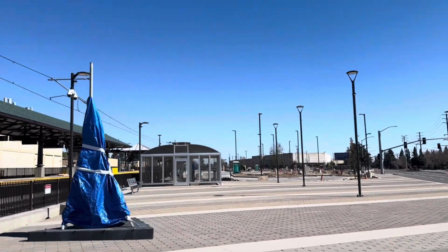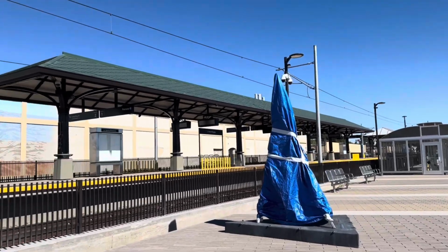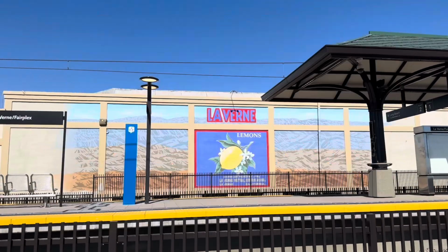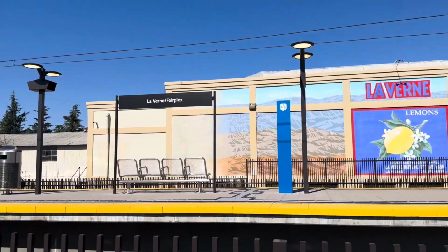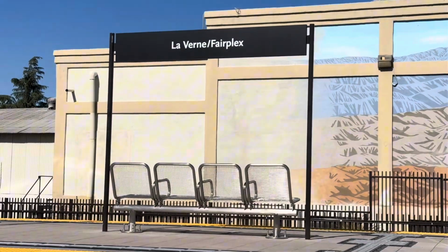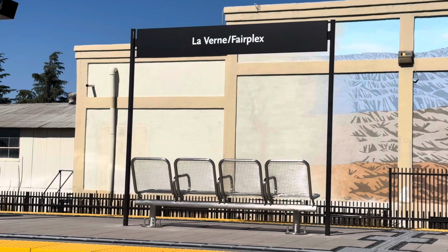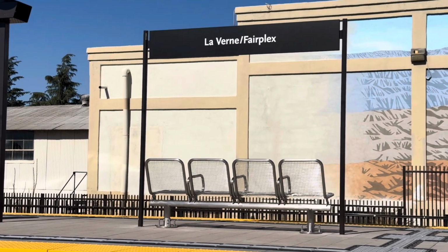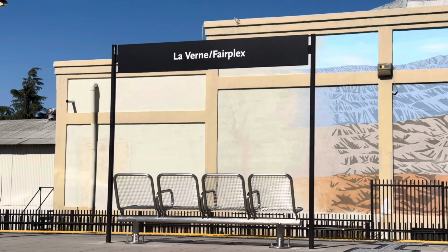Here's a picture of what it's going to look like once it's unveiled through the concept renderings. It definitely has a more minimalist and metal feel to it, but I think it's going to be a great addition to the plaza area. And in the distance you can see those benches that were just featured, which I did make a comment on about them being too hot, but I just tested it out and they definitely were not, which is awesome to